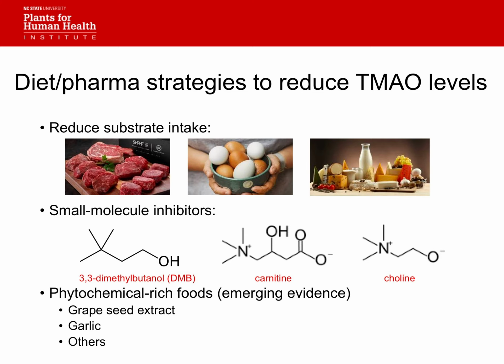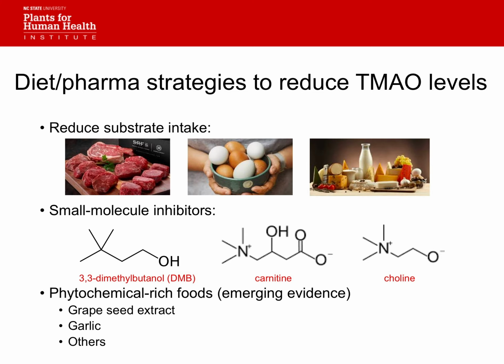So we're looking at ways to reduce TMAO levels. This small molecule inhibitor, DMB, you can see it's actually a structural analog of choline and carnitine, is being explored. There are some patents out there if you go look. This is a pharma strategy using DMB, right? That's a medicine that you would take. I'm not really interested in that from my research.